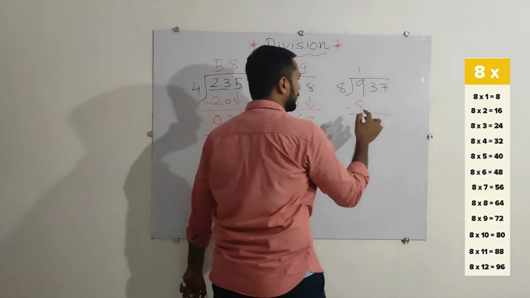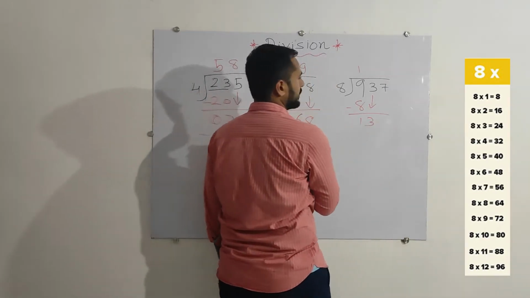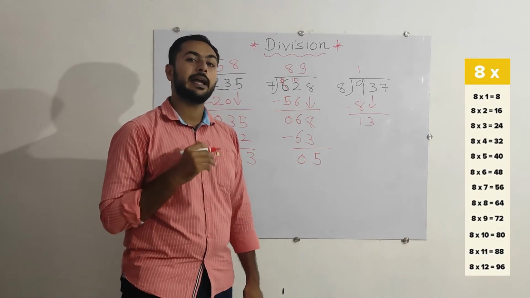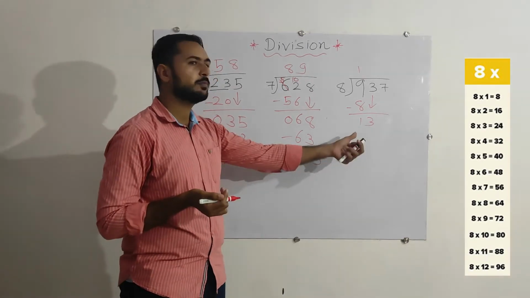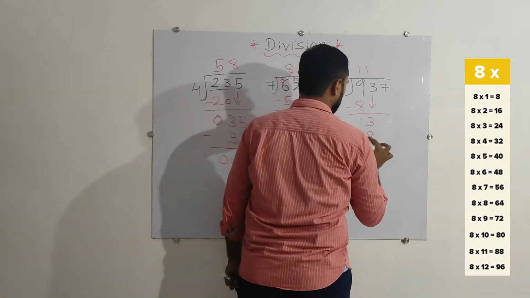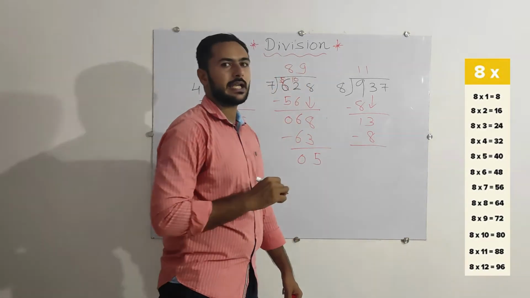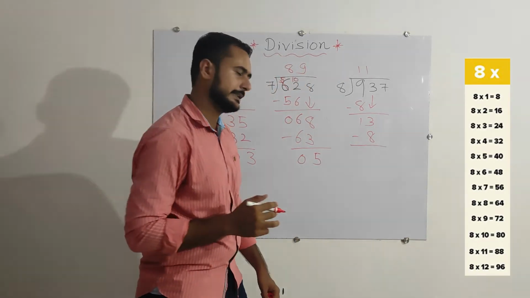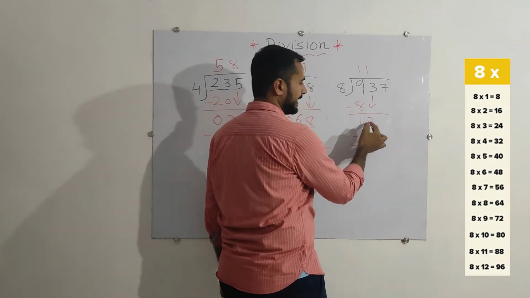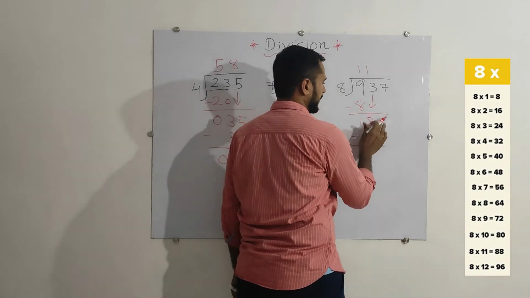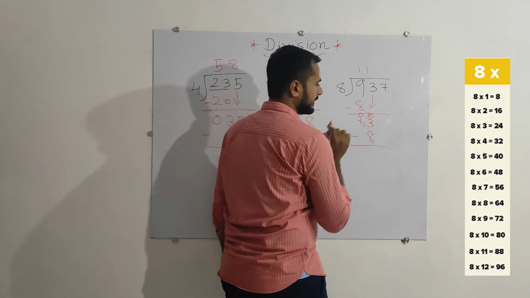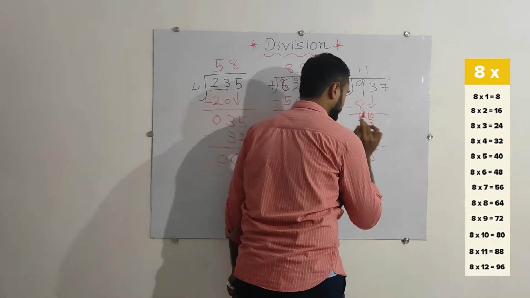Now what will we do? Bring the next number downwards, that is 13. Again, 8 ones are 8, 8 twos are 16. 16 is bigger than 13, so we need to use 8 ones are 8 only. 13 minus 8. See how we will do it. The 3 is smaller than 8, so we will cut here, it's a 0 and here 10. 10 and 3, that's 13 minus 8 is 5.